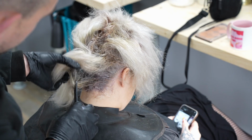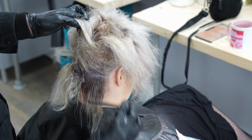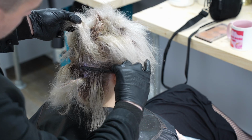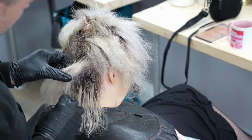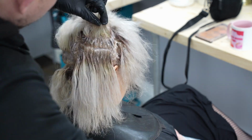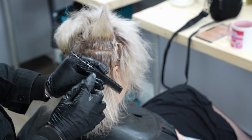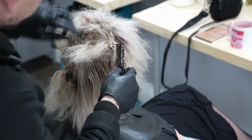So we're going to now just stretch down our root colour, so we're going to use that old classic technique. Comb goes in horizontally, and then we angle the comb down and we pull the product and we stretch it down the hair. So that's just to do that all the way through. You can do this nice and quickly in square and then tilt out as you come out, and that just